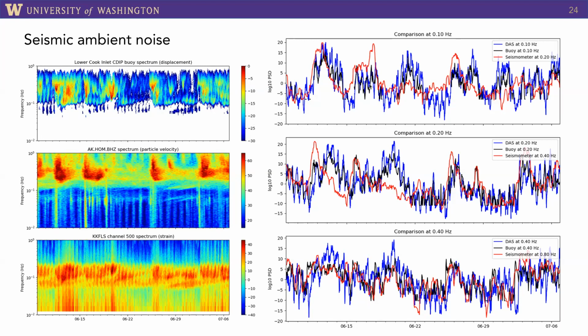And you can see on this plot, if you ignore the DAS, that's black, if you look at the buoy in blue and the seismometer at double frequency in red, these are double frequency microseisms. You can see that especially as you go to higher frequencies, there's a pretty good temporal correlation between high waves and high microseism amplitude. But interestingly, if you look at the DAS,